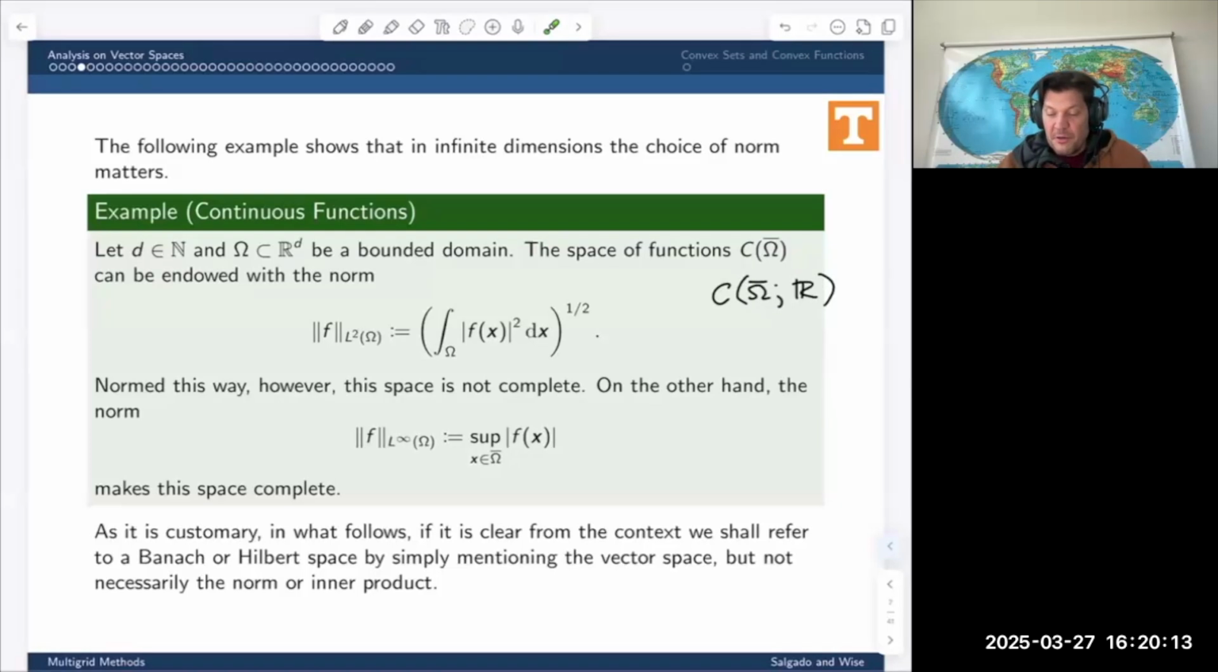So this could be real. I could put the complex numbers here. I could put Z here, something like that, right? But if I don't write anything, then this is understood to be real valued. All right, so